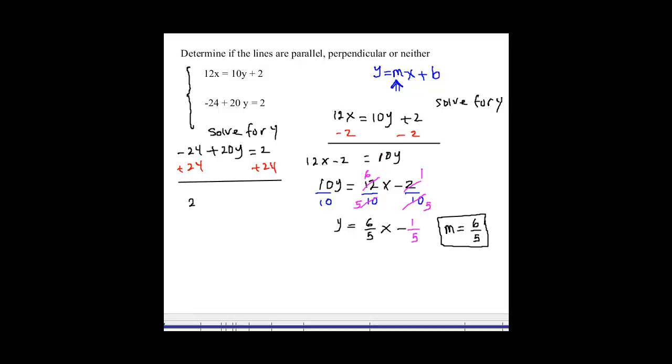So here we have 20y is equal to, on the right hand side we get 26. So if I divide each term by 20,